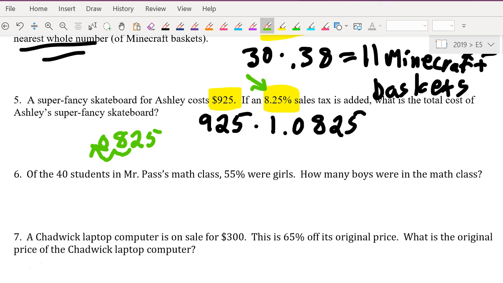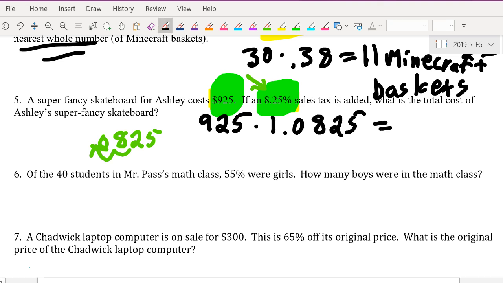Why did we add the 1? Can you explain, Chadwick? Okay, so the reason we add the 1 is in decimals, 100% is equal to 1. That's right. And we're adding a sales tax of 8.25% to our original price, which is $925, which is a whole amount from the beginning. Now, if that confuses you, it's no problem. You can do it in two steps. You find this percentage first, and then you add it to the original. It's fine, but it's easier, I think, to just multiply times the 1.0825. And that gives you $1,000